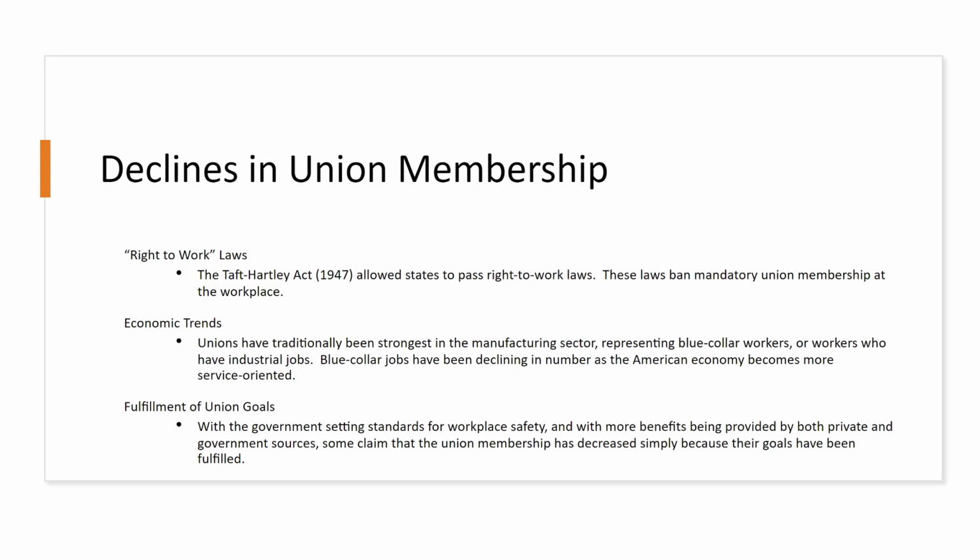Second is economic trends. Unions were traditionally strongest in the manufacturing sector, and they represented what are called blue-collar workers, or people that have industrial jobs. The thing about blue-collar jobs is they've been declining in the United States since the 1960s at a pretty steady rate. They make up a smaller percentage than ever of the economy today. The United States has transitioned away from manufacturing and industrial jobs to service jobs, and unfortunately most service jobs are minimum